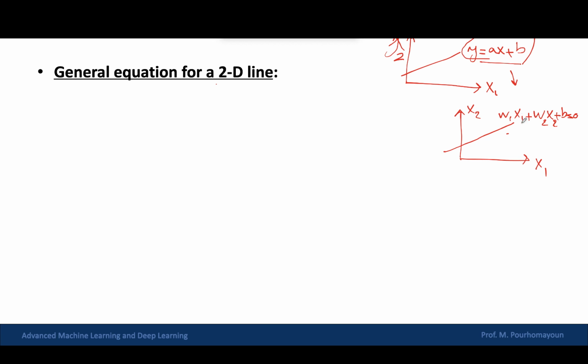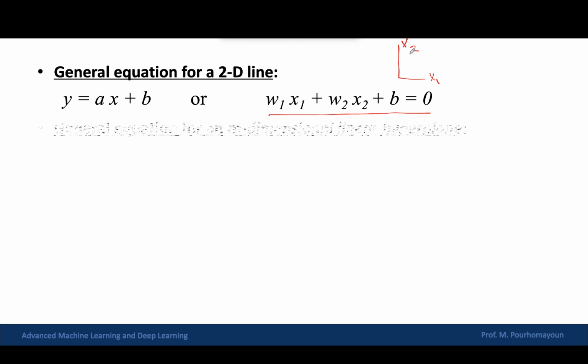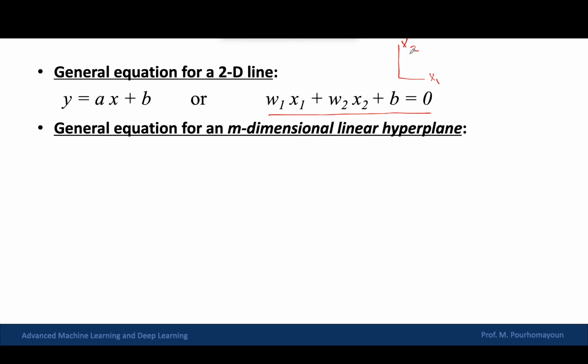I just changed the name of variables to make it a general equation so that I can use it for an arbitrary number of features, okay? Here you go. Still, this is a line. It's a 2D line in this space, x1 and x2, okay? So in general, when you have m features, this will be your equation, okay? So if you have 3 features, for example, a third feature x3,